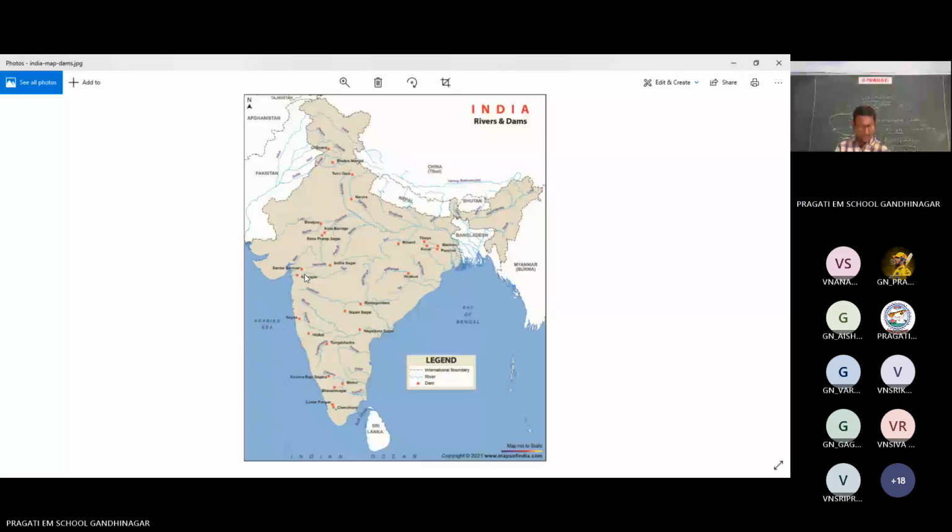Especially here, consumer good industries. What are basic good industries? Give examples. In 2 marks, what are basic good industries? Give examples. Appreciate the cement industry. The first cement factory was set up in Chennai in 1904. Cement industry. Its main raw material is